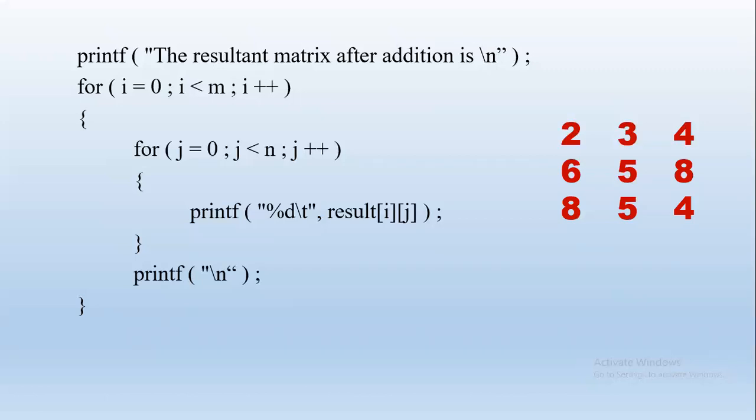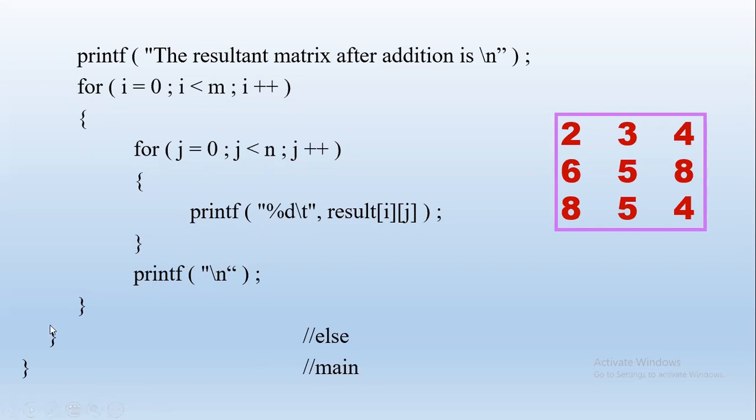Now please note, while execution also, the number of brackets is very important. Usually after finishing this code, we will close one bracket for main. So that is the main thing observed. Here we have one more bracket required for else, right? So else is where it started. There is an open bracket for else, which has to be closed. So this else bracket has to be closed first, and then we will close the bracket for main. So these can be the places where you may get an error. It will simply say some bracket error. So that is where you can check.